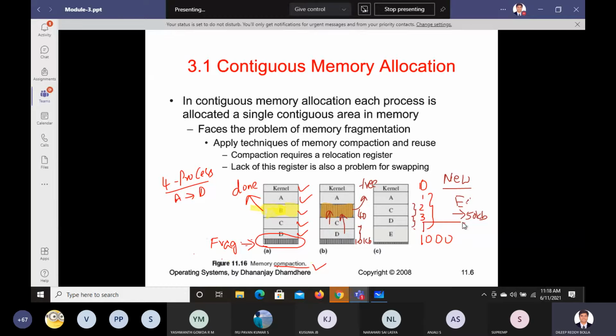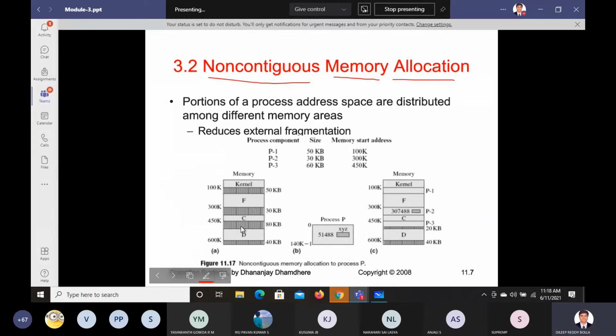It's not that somewhere here memory from 4 to 40 is used for something called stack. No, this is not the case. So this is contiguous memory. Whereas in this case, there is some other thing used, and it is not used properly. If you see P1, the space is used by P1, and P2 is using somewhere here. P3 is using somewhere here, which means there are gaps here.